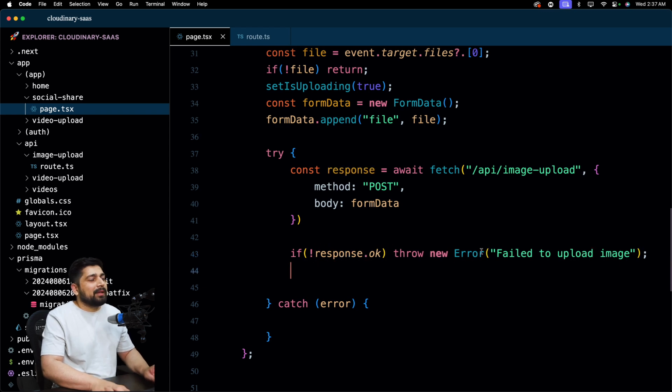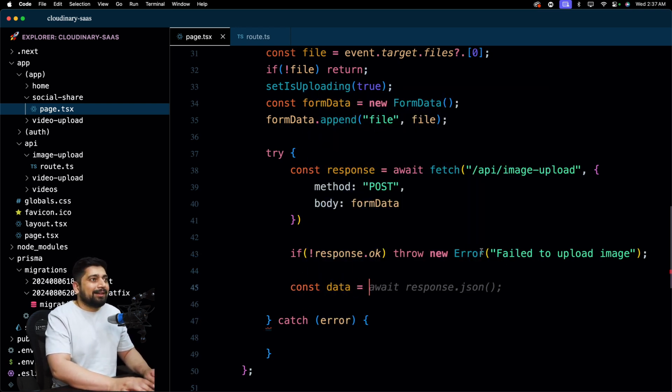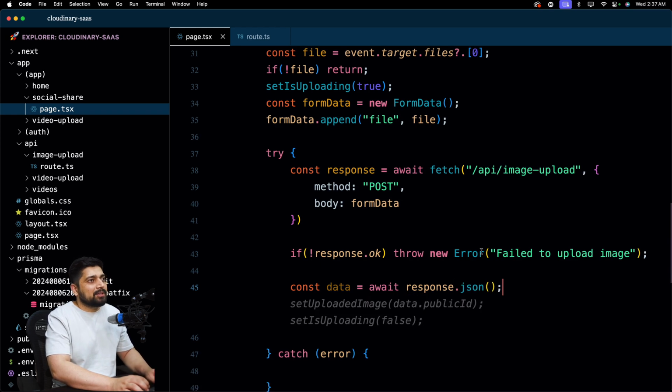Response. There we go. And if everything goes right, then we have the data. So let's just go ahead and extract the data. And again, we could have saved some time by using React Query. Response.json. Once we have the JSON, let's just go ahead and use setUploadImage to data.publicID. Nice. And we also set the setIsUploading